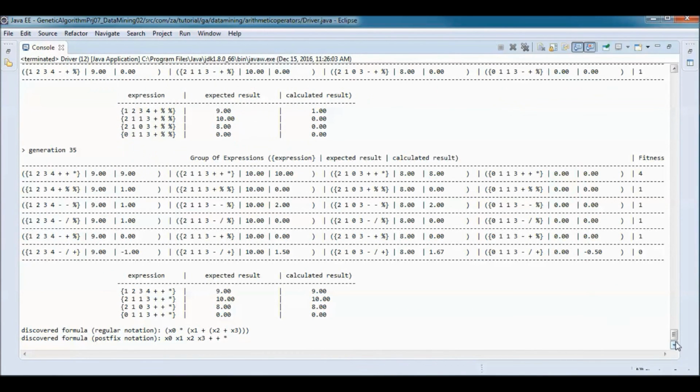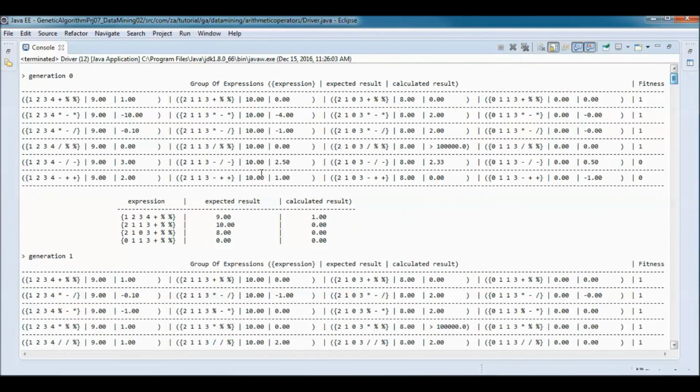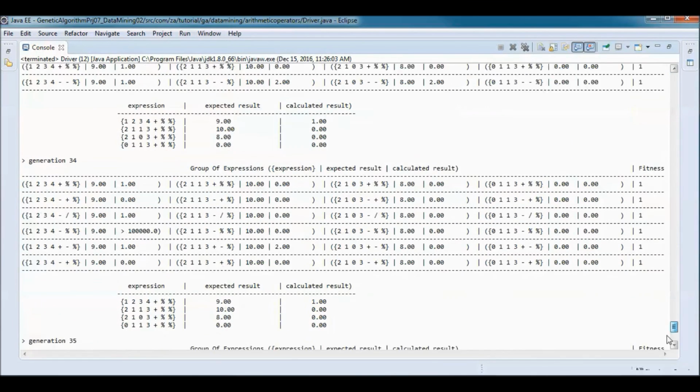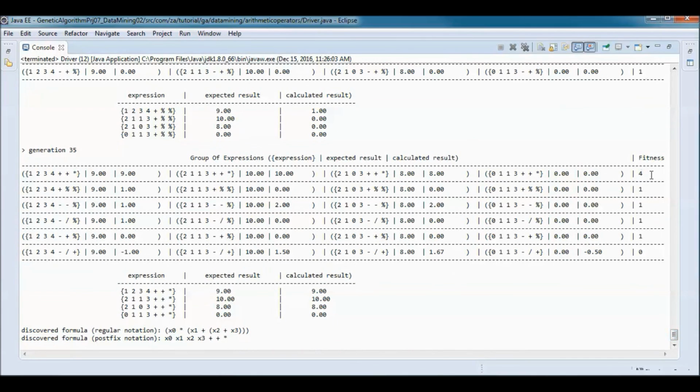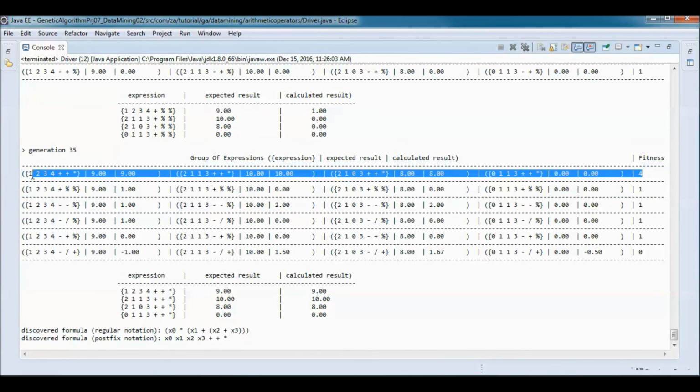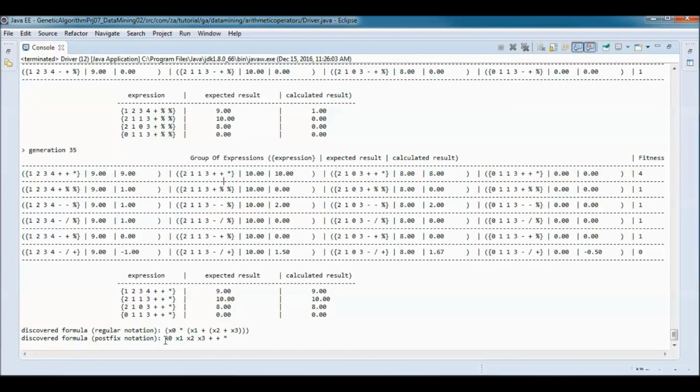I went to generation 35 from generation 0. Here we have fitness of 4, so all the expected results are equal to the calculated results, and we discovered this formula in postfix notation written this way in regular notation.